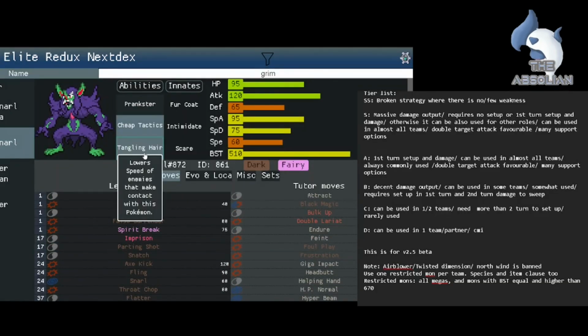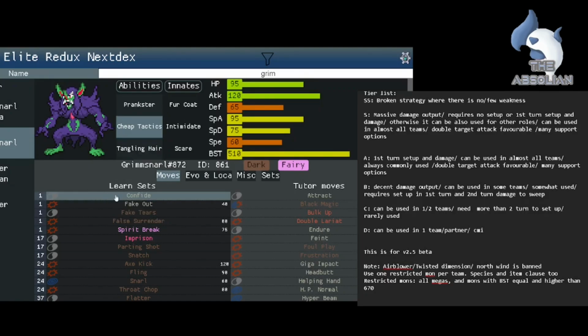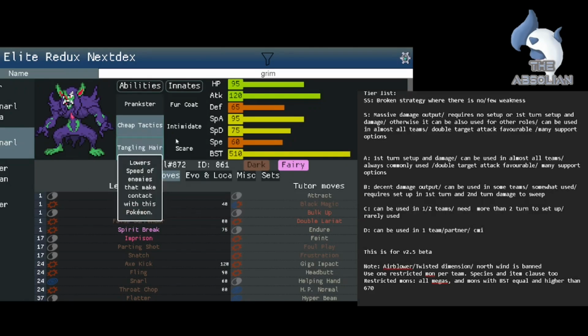Or otherwise you can have Tangling Hair, but I think Tangling Hair is a bit similar to Cotton Down. When it makes contact, it will lower the speed of all Pokemon in the team. So I need to check it out. I'm not so sure if it's like Cotton Down. If it's only against enemies, then it's a very good option under a Tailwind team. So yeah. But otherwise, Grimmsnarl, because of Prankster and Chip Tactic or Tangling Hair, it has so many ways of